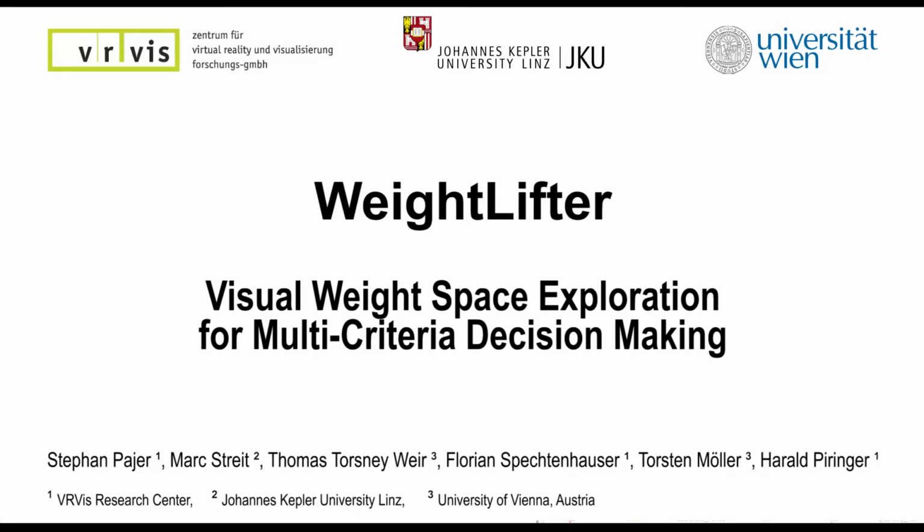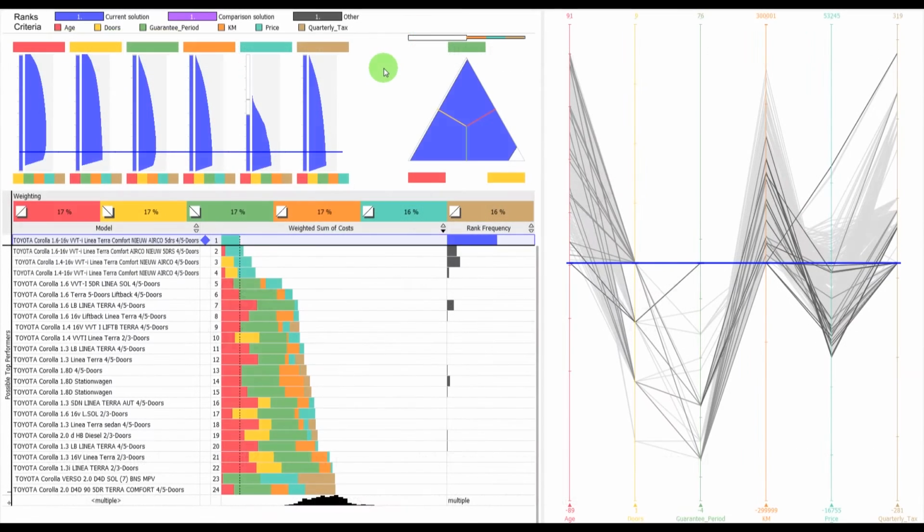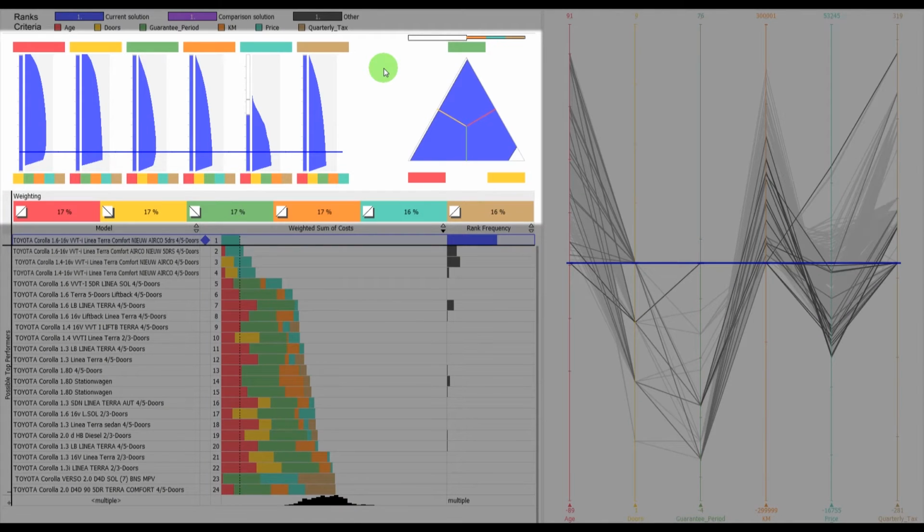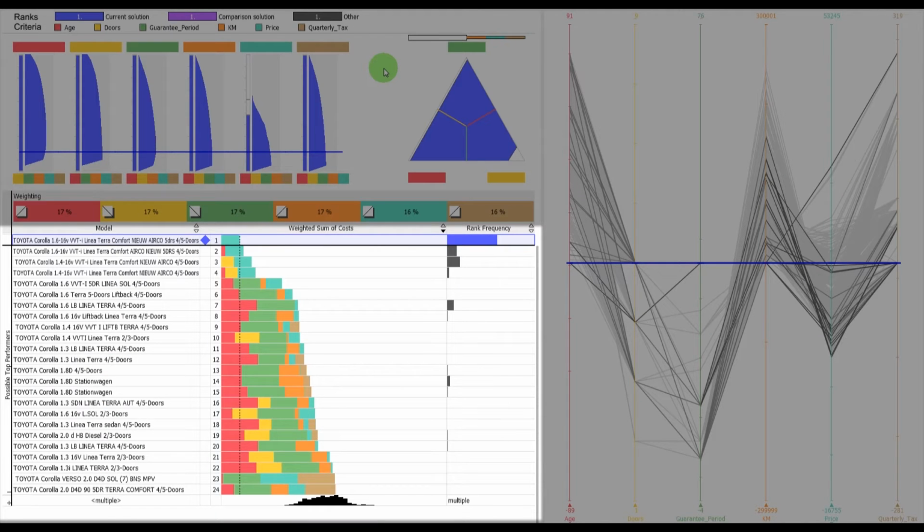This video illustrates Weightlifter, a novel technique for multi-criteria decision-making using additive weighting. The main goal of Weightlifter is to increase the efficiency of decision-making and the certainty in the decision by analyzing the space of possible weightings, called weight space. It consists of three linked views: a visualization of the weight space, a ranked list of possible decision candidates, and